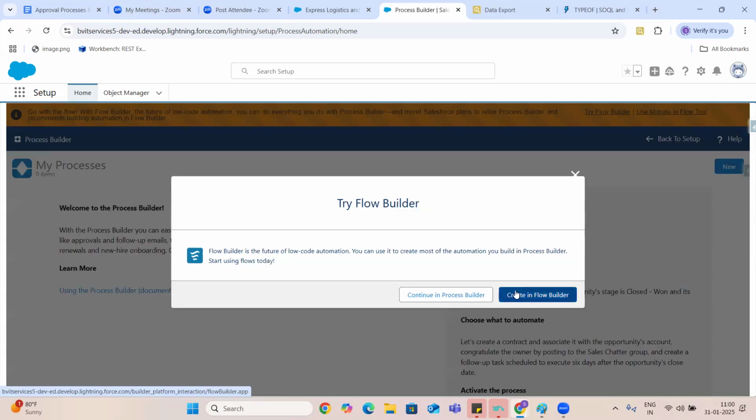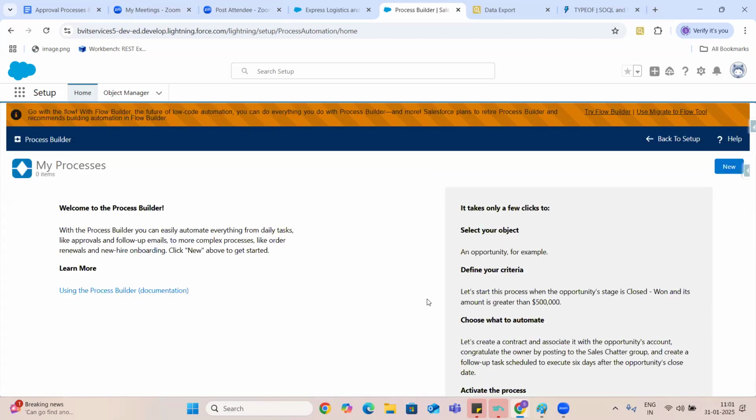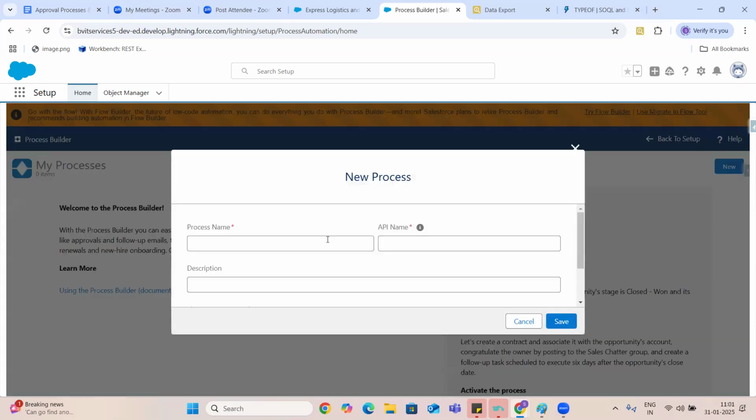And if you want to try multiple rules, guys, you have to write the multiple workflow rules. Again, now they are telling us don't use process builder, go to the flow. Okay, because flows are the advanced versions of process builders. No, I want to continue with the process builders because I would like to see how the process builder works.